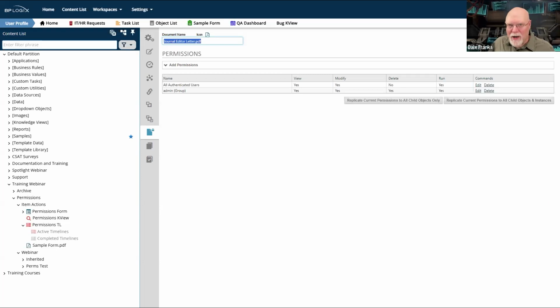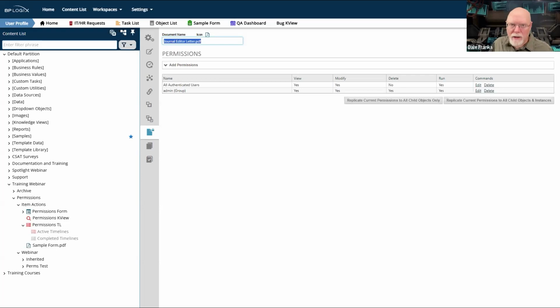Because I wanted to illustrate a problem that you can create for yourself, and which I have in fact created for myself here by replicating my permissions to all child objects and instances. What I really should have done is replicated my permissions to the child objects.